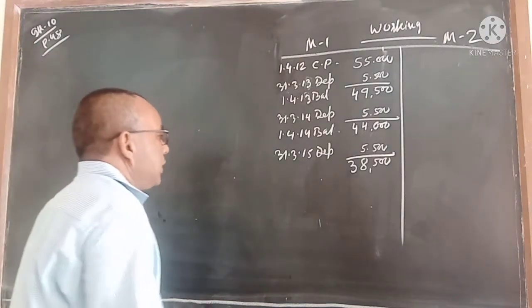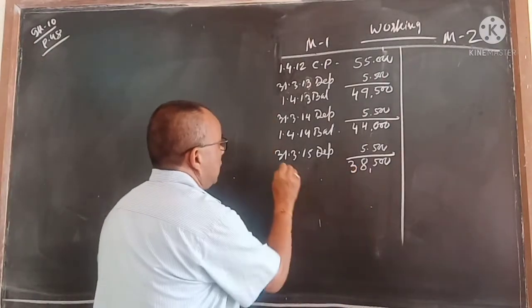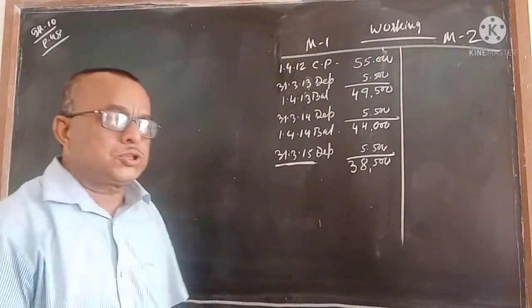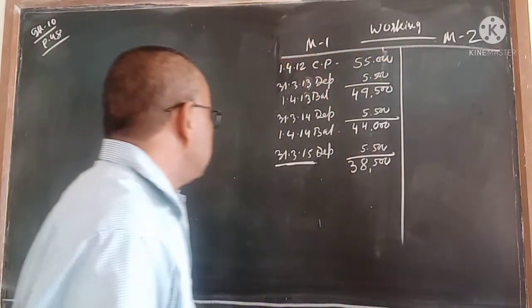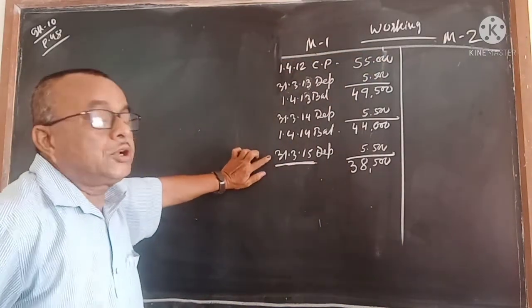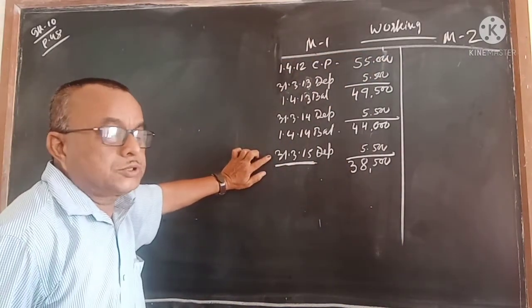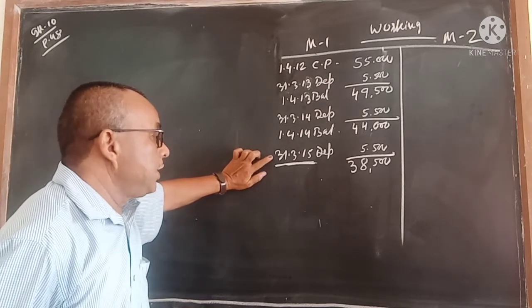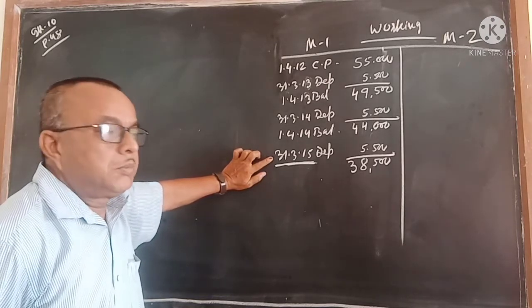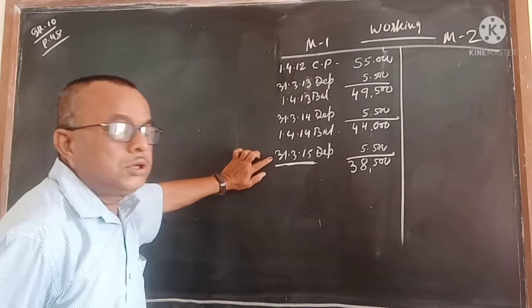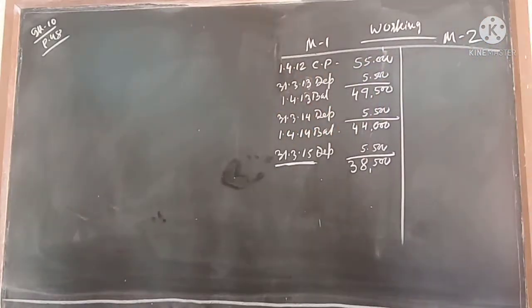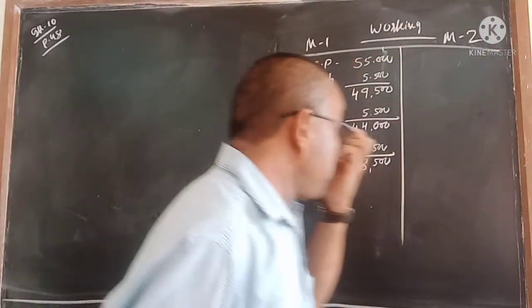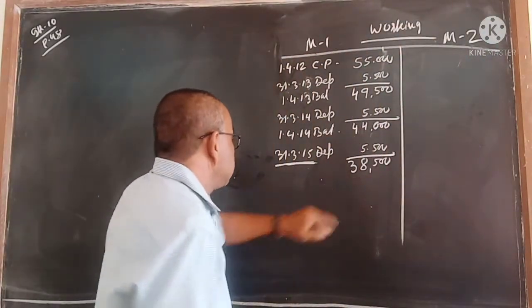38,500. Okay, this is the book value. Now find out this machine. First machine you sold. Which machine you have sold? First machine was sold at a profit of 20% on its book value. Up to this date, we will do the calculations of the first machine. Why? Because on this date the machine has been sold by the company with 20% profit. Is it correct? Yes, 20% profit on its book value. This is called book value.